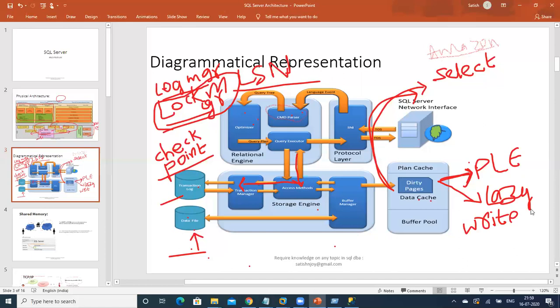Here we are having a component called lazy writer. What this lazy writer will do is that